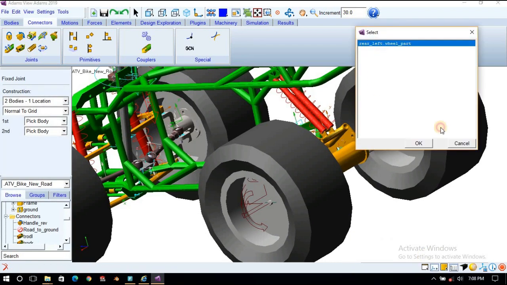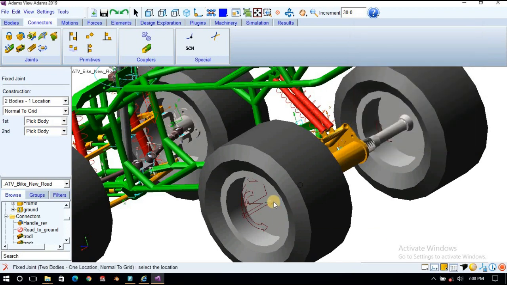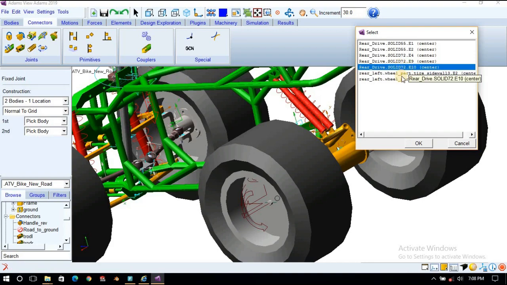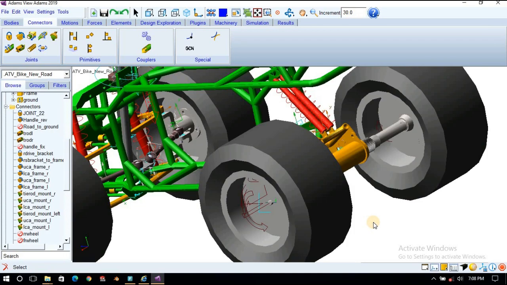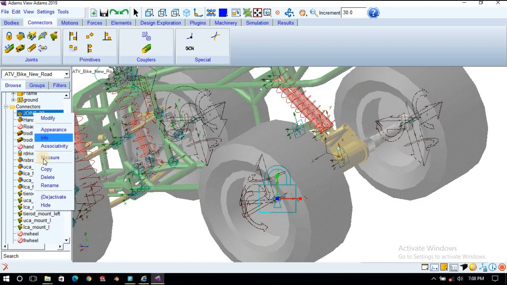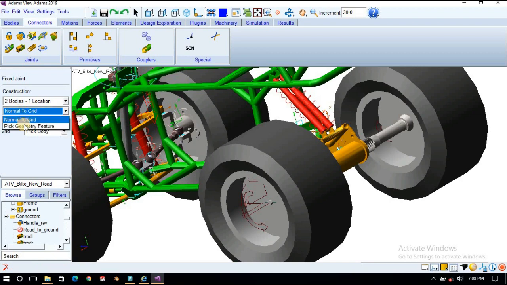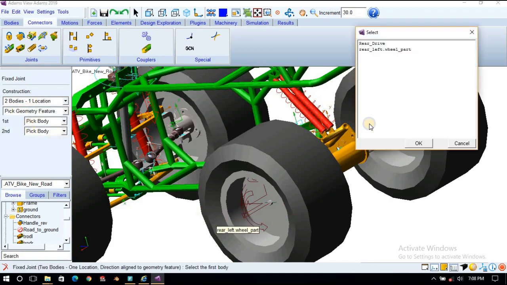Then first body, second body rear drive, location rear drive center. Why is it a connector? Normal to grid, instead we'll pick feature, so that will be a better option.